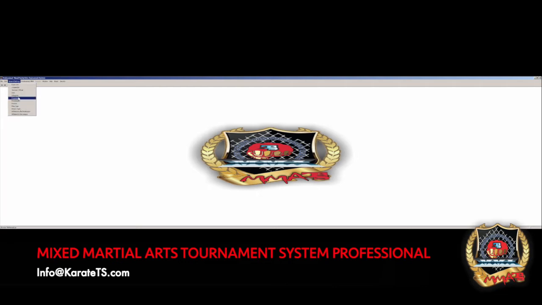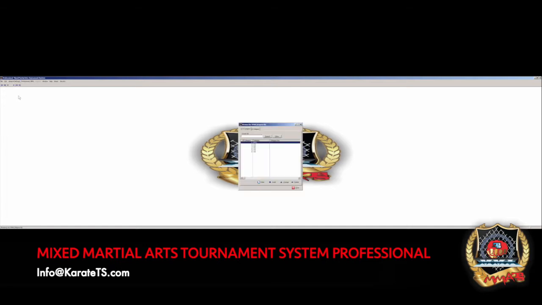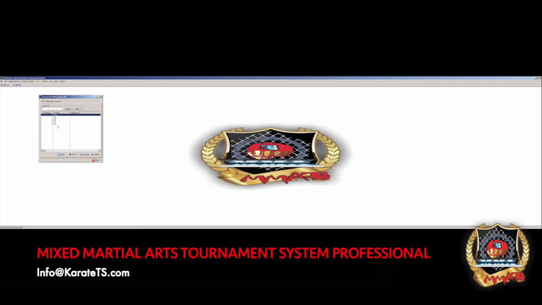We've got to fill them out, and we're going to start with categories. When you go to categories, you're going to get this screen. Here you're going to create your weight classes. You get some samples, but these are not the official weight classes, but you could create your own. All you've got to do to create them is insert, you bring it up, and then you just create your weight class. You just put the 175 pounds,